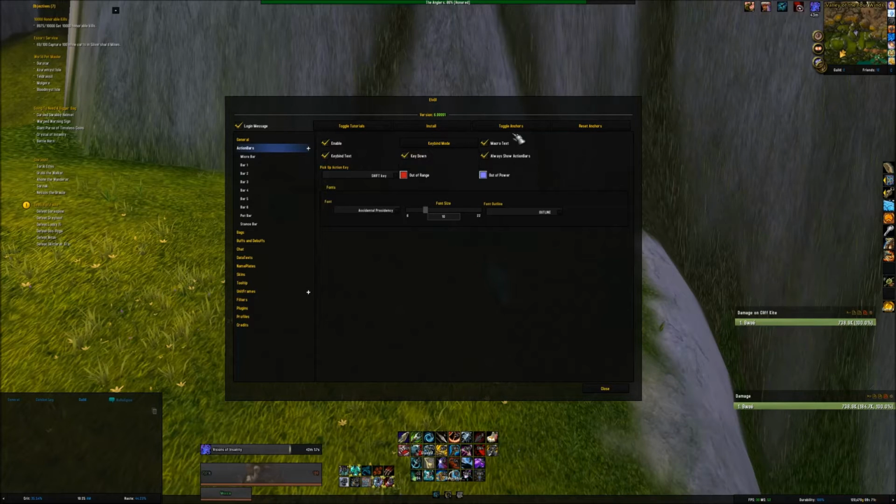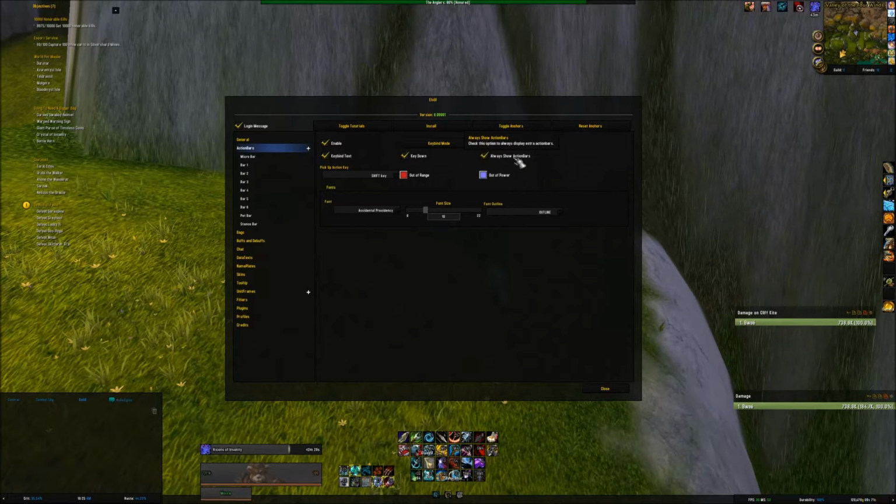A few things on here. You'll want to keep the keybind text on. It just displays all of the numbers or whatever macros you have for them. You'll want to put it on key down so that the ability uses when you push the key down rather than when the key comes back up after pushing it down. I like to keep my macro text on,